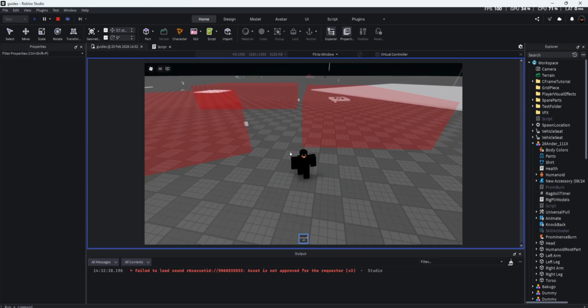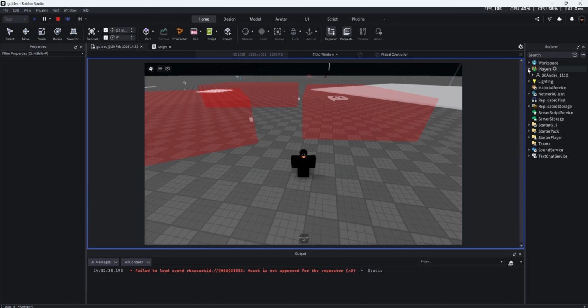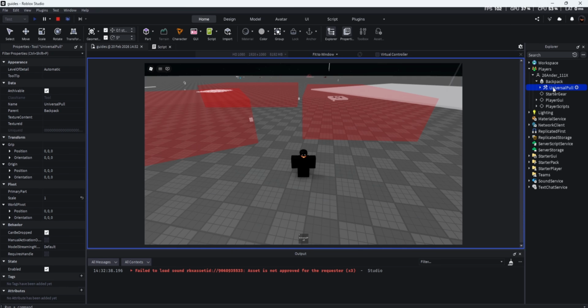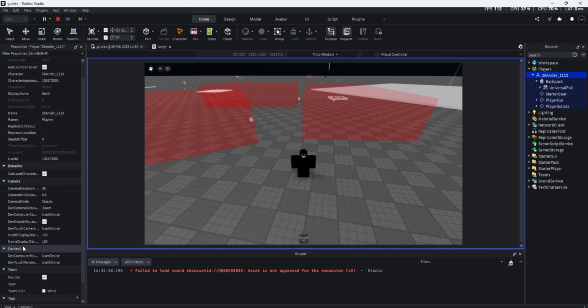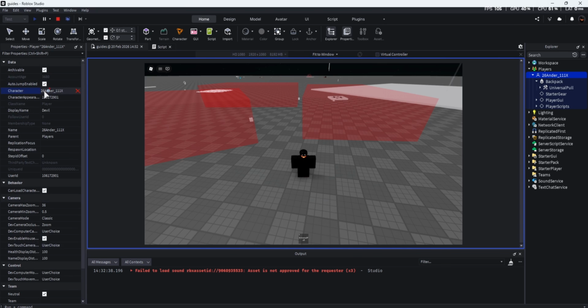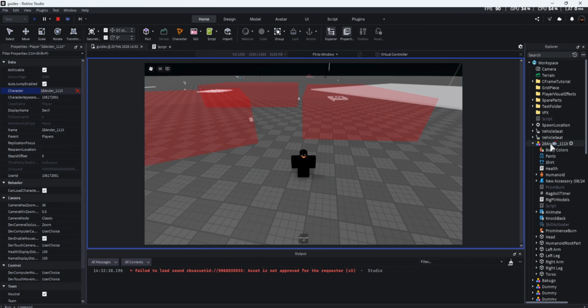However, we can still know what it is, because when we unequip it, the tool will be stored under our player object. Under our player object, in our backpack, it will be here. That means if we get our tool, get the parent, which is our backpack, and then get the parent of our backpack, we will get our player object. And in our player object, conveniently, it contains a property called character, which has an instance property. If you don't know what that is, it's when you select this property, it references this object right here,